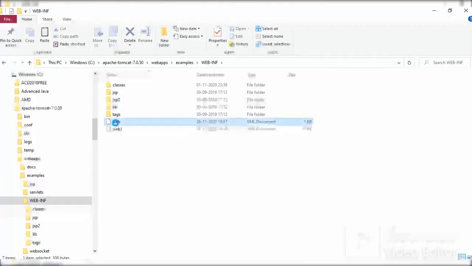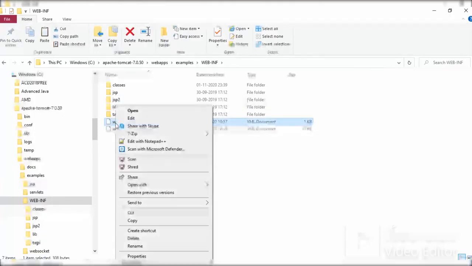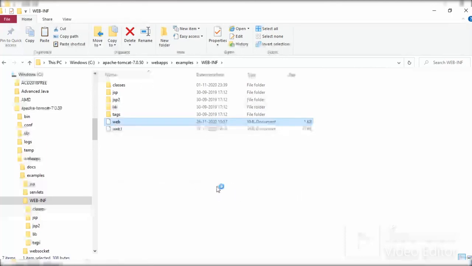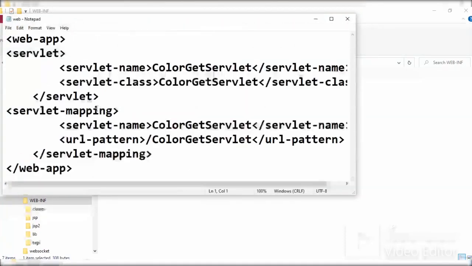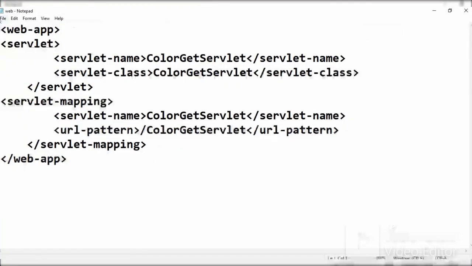Open this file. When you open this file the first time, you should delete that code. Actually, it has multiple lines. You can delete all lines and create new code here as given in this file.